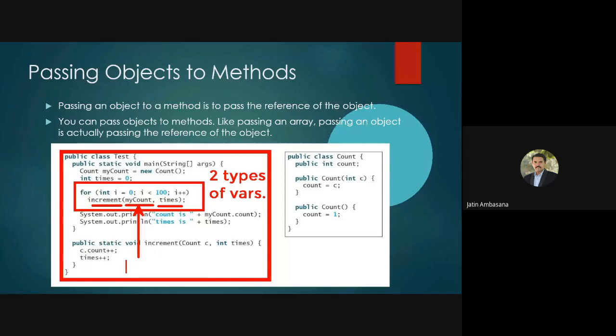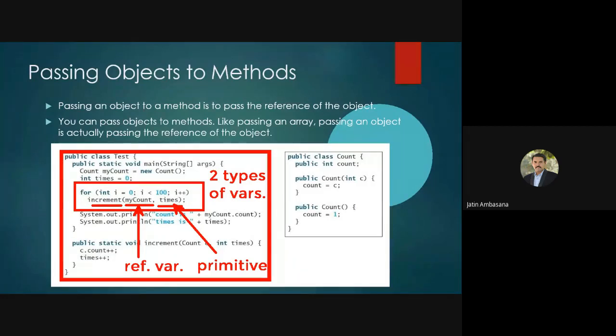This myCount is of type reference variable, right? And this times is of type primitive variable. Okay, primitive data type variable and reference data type variable.